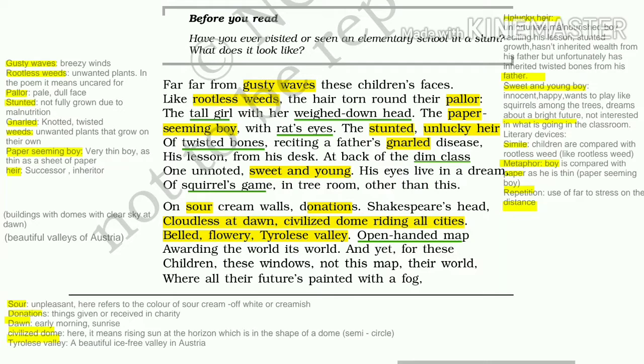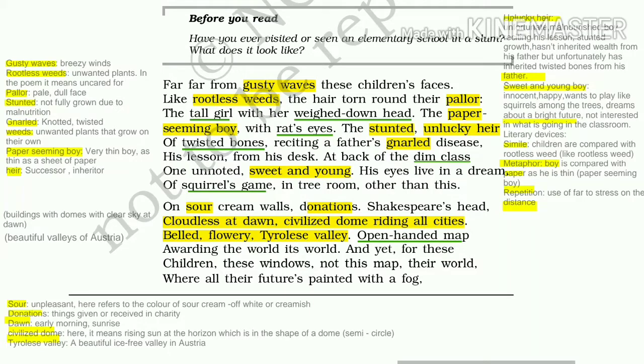Now the poet talks about the students who are sitting in the classroom. First he talks about a tall girl. How is she sitting in the class? The tall girl with her way down head. So the girl in the class is sitting with her head way down, which means the head is